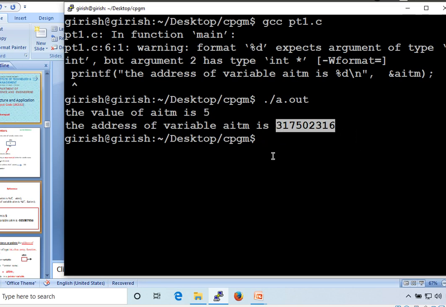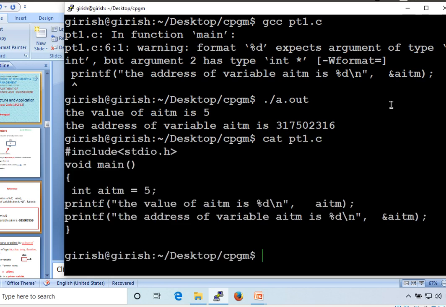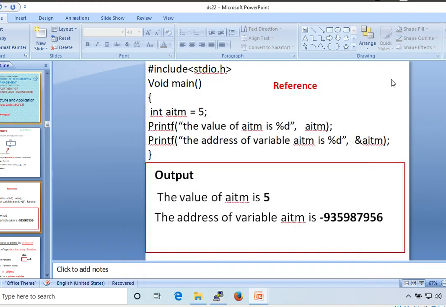You can understand from this example what we mean by the address of a variable, and the meaning of the value of a variable. That's it. Okay, now you understood this. Want to see the program? cat.c. So this is our program. Nothing I have changed, as it is I have executed.